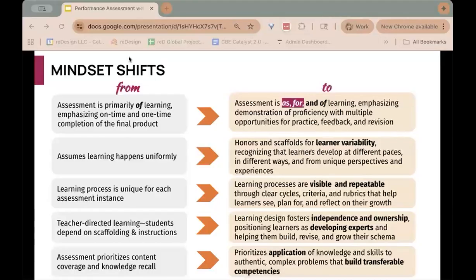All right. I'm only going to say a couple of things about this slide. There is a lot on this slide, and it will be shared with you all as a handout at tomorrow or Friday. But the goal here is to really think about performance assessment for this moment, which requires a set of mindset shifts about what assessment is and also what learning is. And you can see this in the top row of this table.